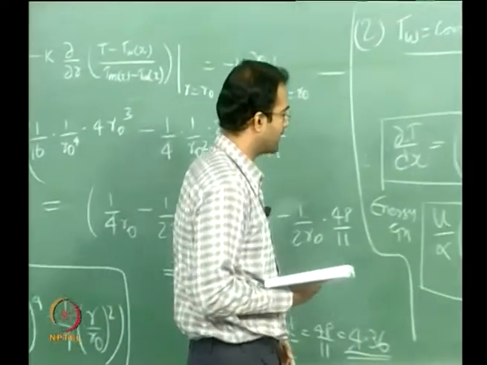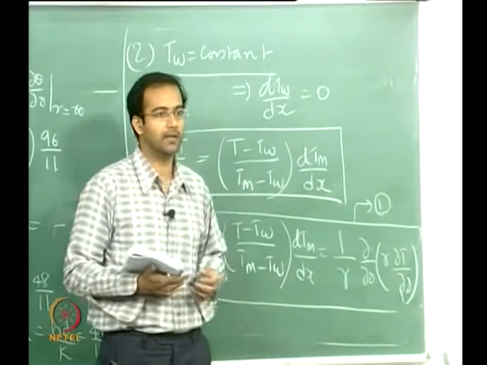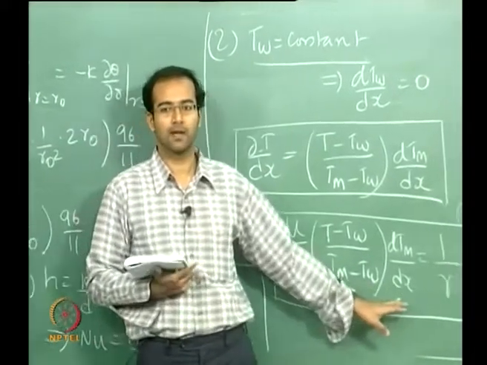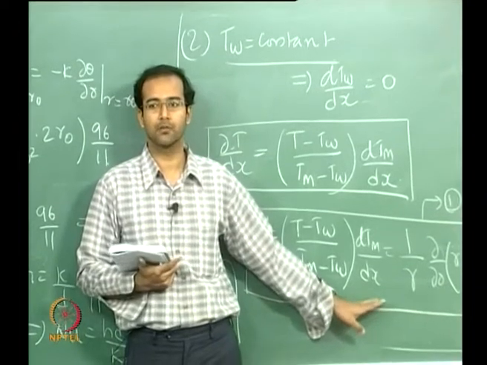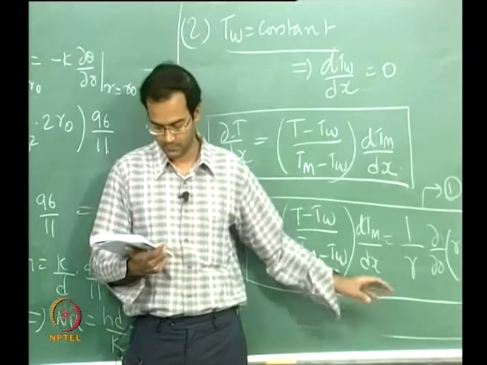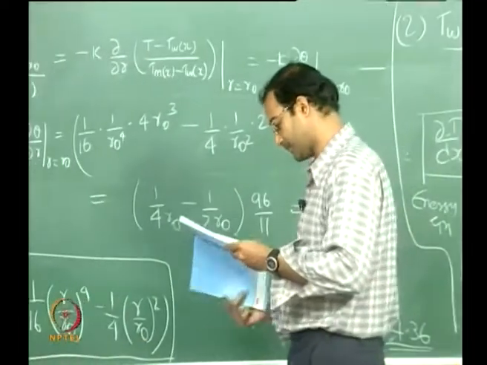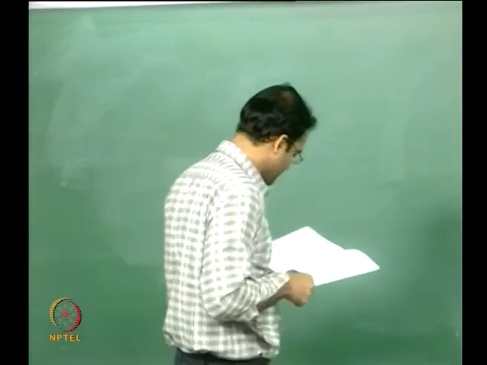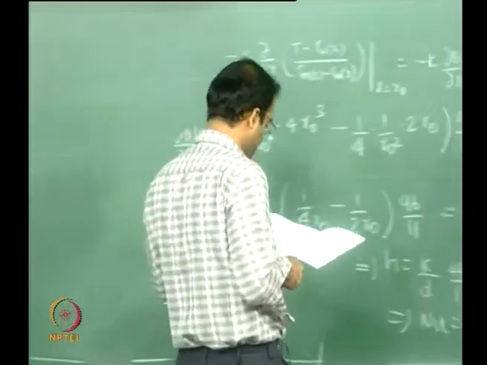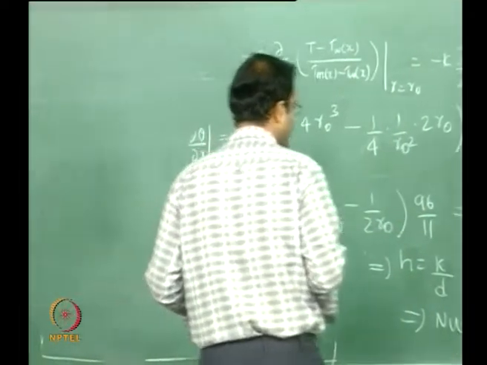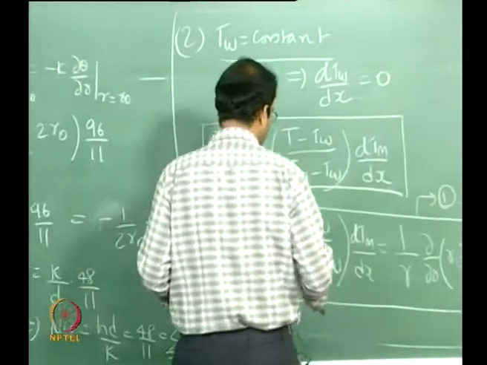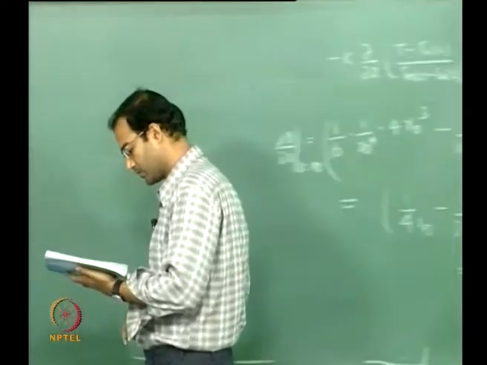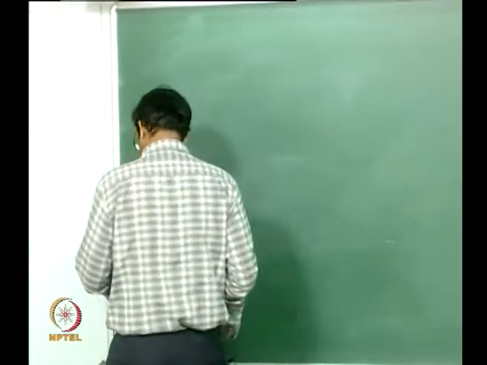So the other smarter way of doing it is again go back to our shooting technique. So we should try to reduce this equation to another simpler form where we can apply the shooting technique and solve that equation. So that is what we are going to do now. Before going into the shooting technique, we have to get appropriate expressions for dTm by dx. So to do that we will do a small energy balance.